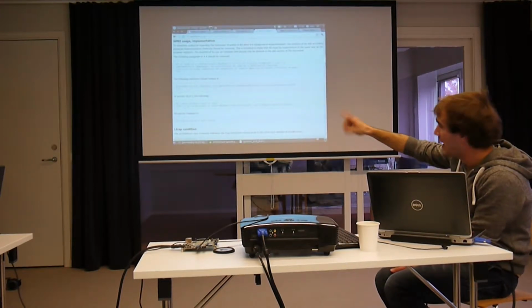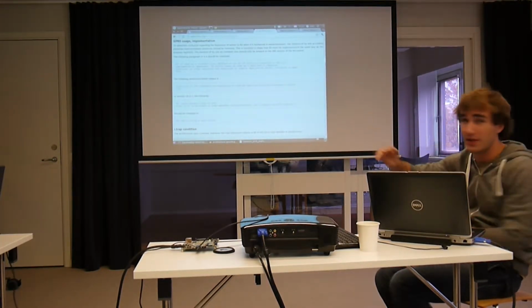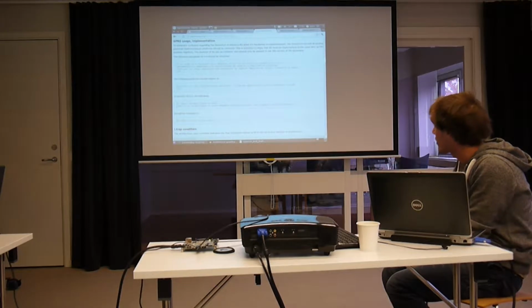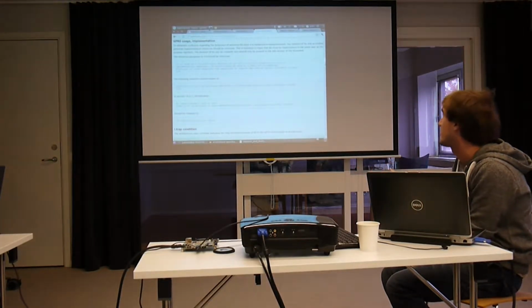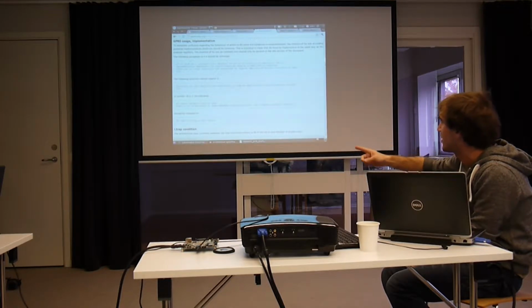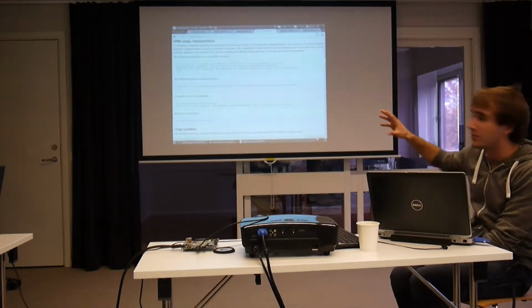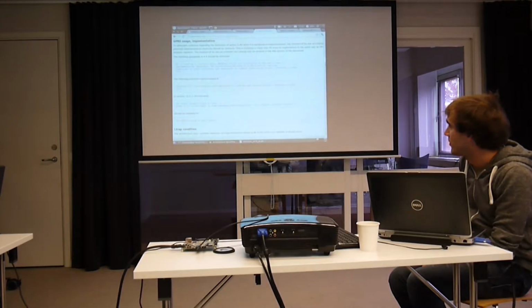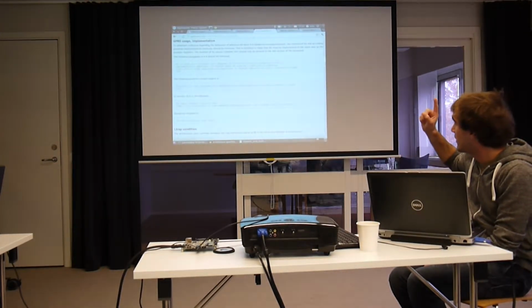No. At the moment it says R0 is used as constant 0. This is what it says in the document: whether or not R0 is actually hardwired is implementation dependent. It should never be used as a destination register. And this is early on in the document, right? So we want to replace it with